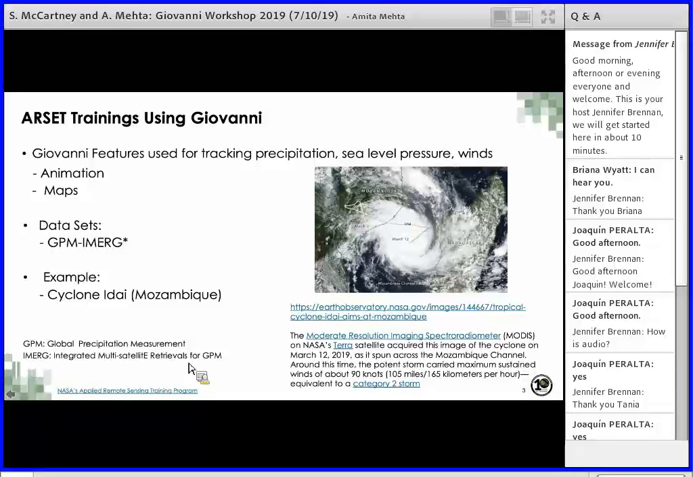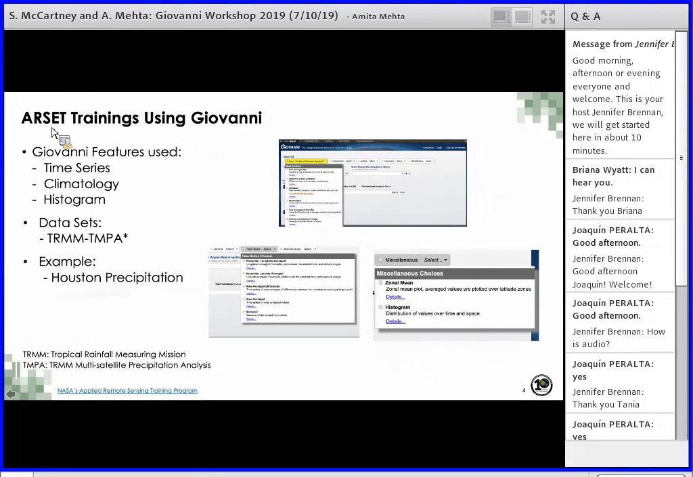Okay. And next, we're going to look at an example, which is data analysis and visualization for extreme precipitation. How can you look at past data and come up with probability or some kind of assessment of how precipitation varies over a particular location? And so for that, we're going to use time series analysis. We can also look at climatology of precipitation, and we can also do a histogram to see the distribution of rain rates